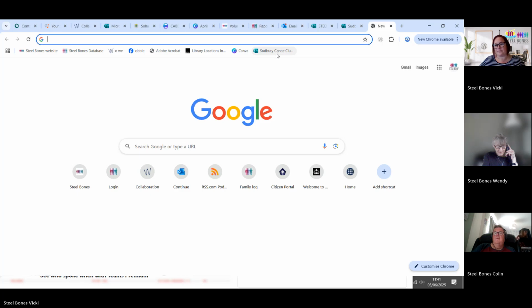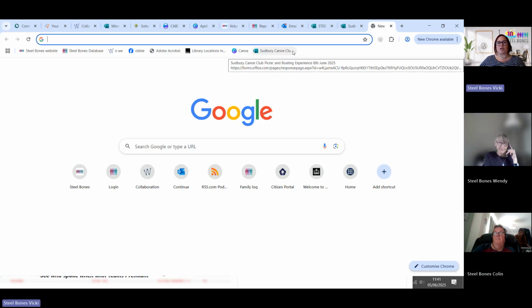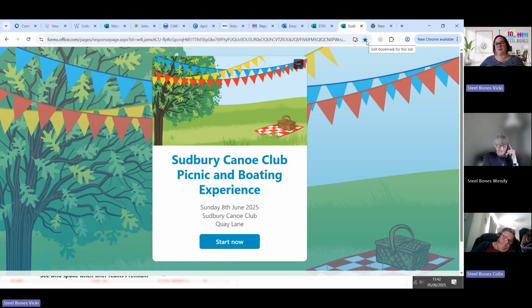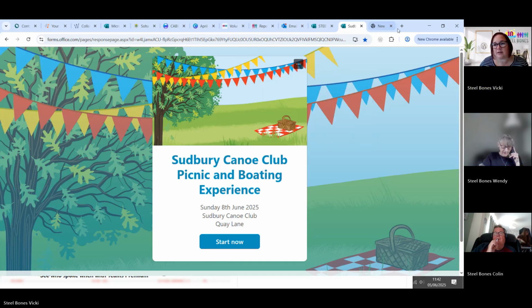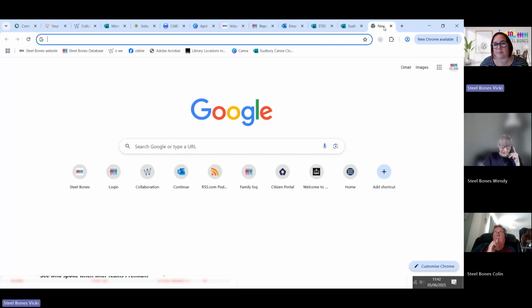Do you see that? So each time, if you go to the forms that you want or to the things to register, you click that star at the end of the link box. Star. So I'm just writing this down. Click that star and that will bookmark it. And you can call it whatever you like. It just comes up with its own name. You press done. And then on the new tab, it comes up and it'll be at the end of your